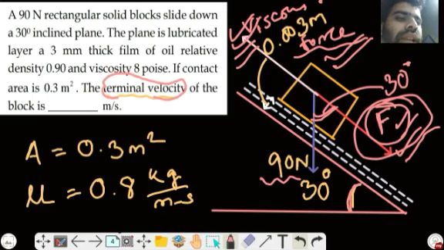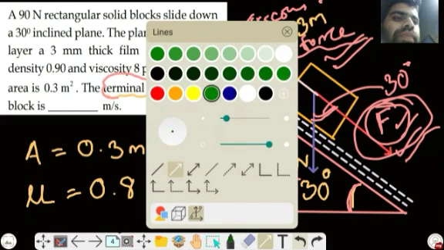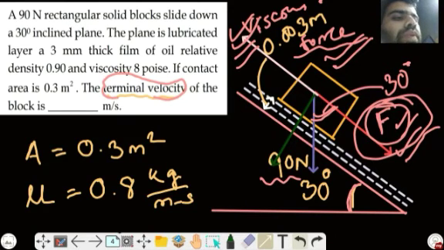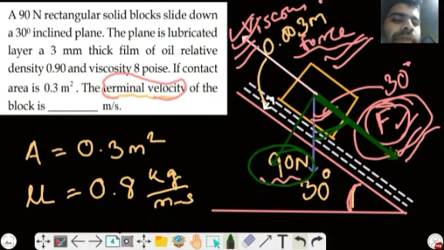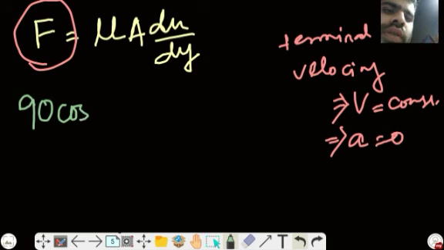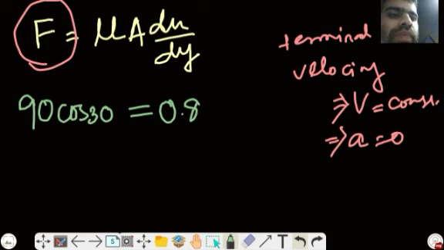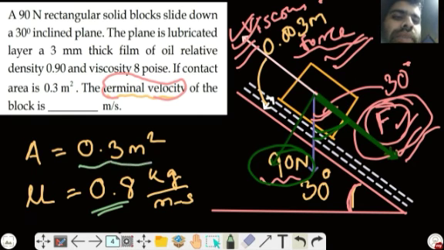See, this weight will have two components. One is in the downward direction and the other is in this direction. So this component in the downward direction will be equal to 90 cos theta. So the F is 90 cos theta, is equal to, the mu is 0.8, the area is 0.3,